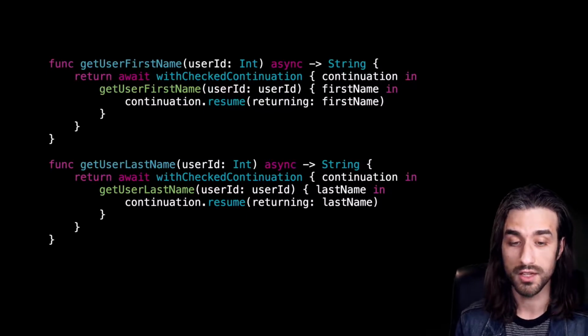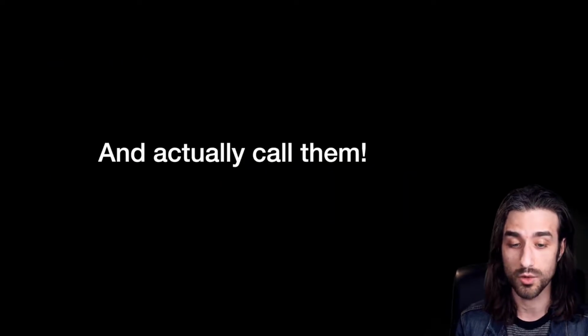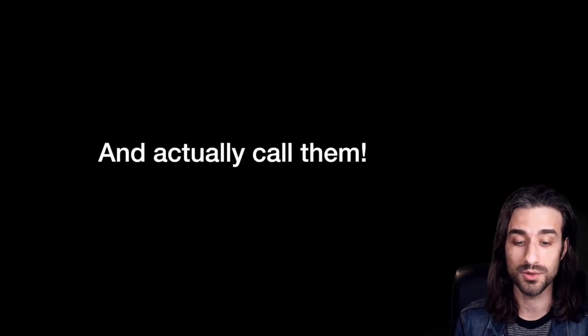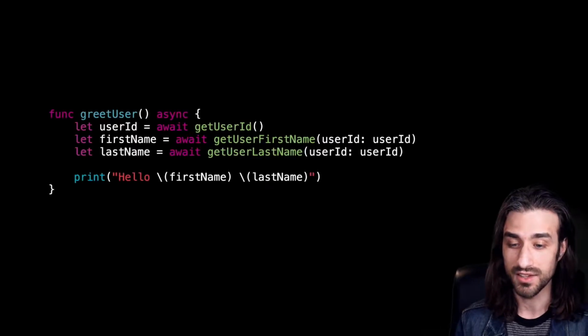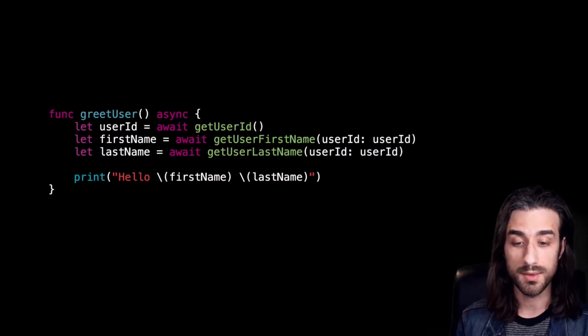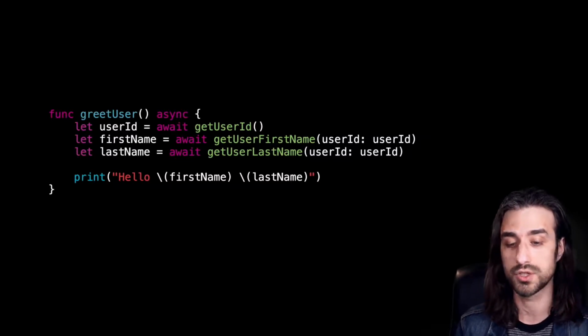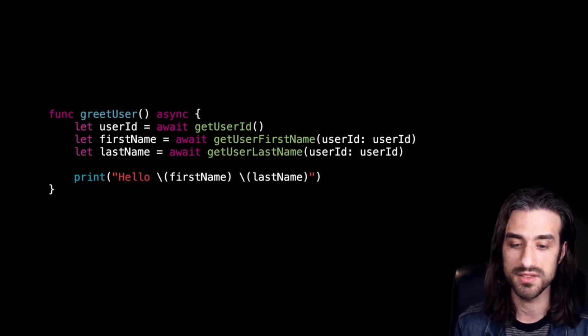And now that we have our three functions, we have wrappers that use the new async keyword, so we can call this new function and see what the new call site actually looks like. So this is what the new call site looks like, and we can see that it is indeed much better than the other call site, because this time we no longer need to nest completion handlers into one another. Whenever we need to add a new asynchronous call, we just need to add a new line to our code, and of course, adding a new line to our code is much more manageable than adding a new level of nesting.